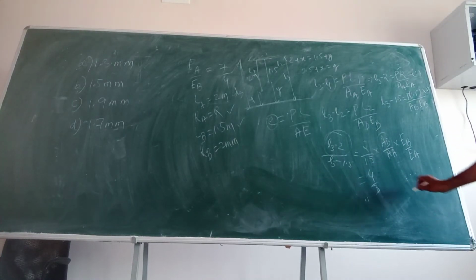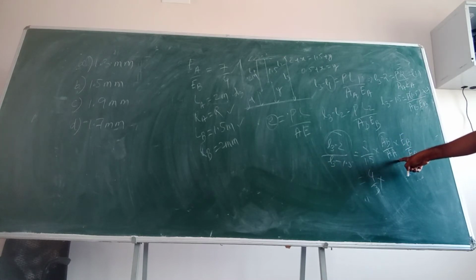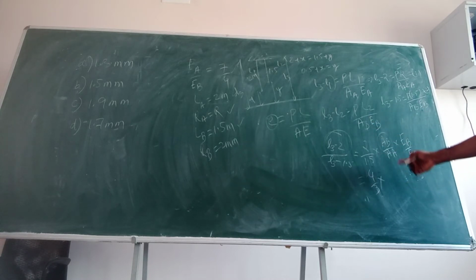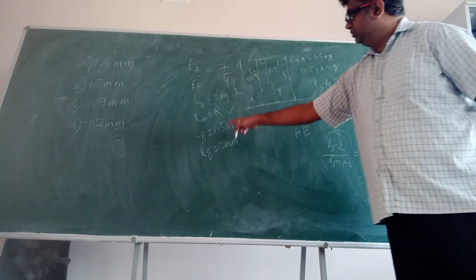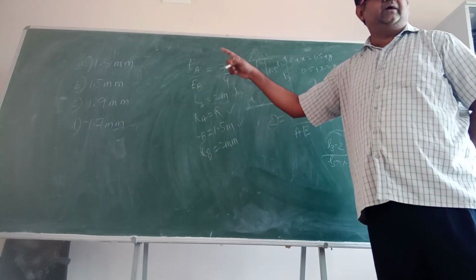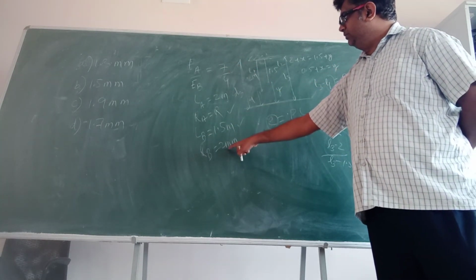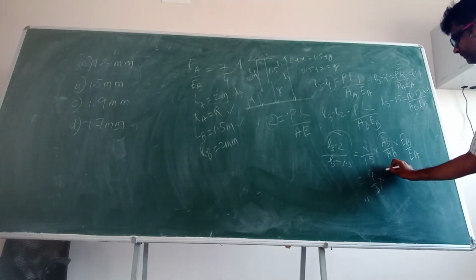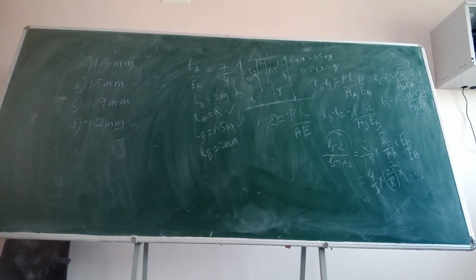Correct? Multiplied by AB by AA. Because you are taking the ratio of areas only, you are taking the ratio. So what can I write? AB is pi r square, no? Area is pi r square. So it will be 2 pi r square. Okay? So it will be 2 divided by r square, because basically I am taking the ratio of areas. And this is how much? This is 4 upon 7.